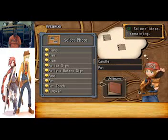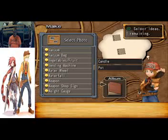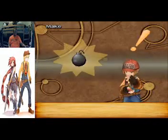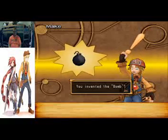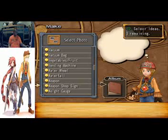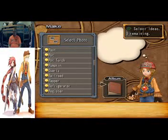Pot. And weapon shop sign. Makes bombs. Sage. And then up next we are going to have